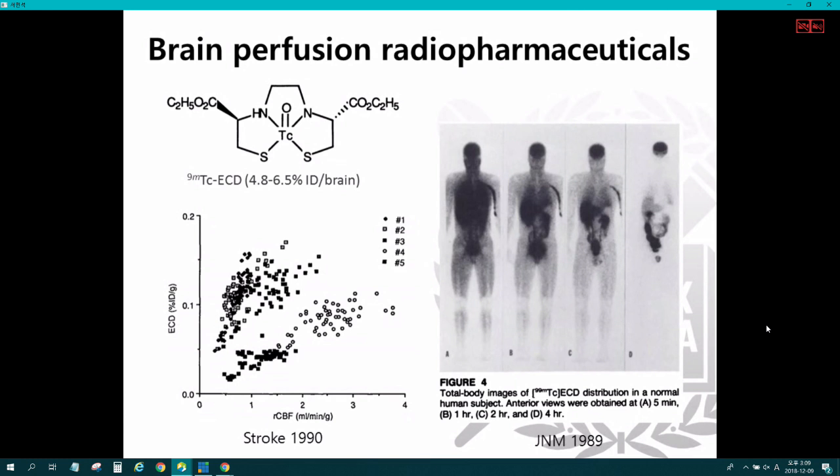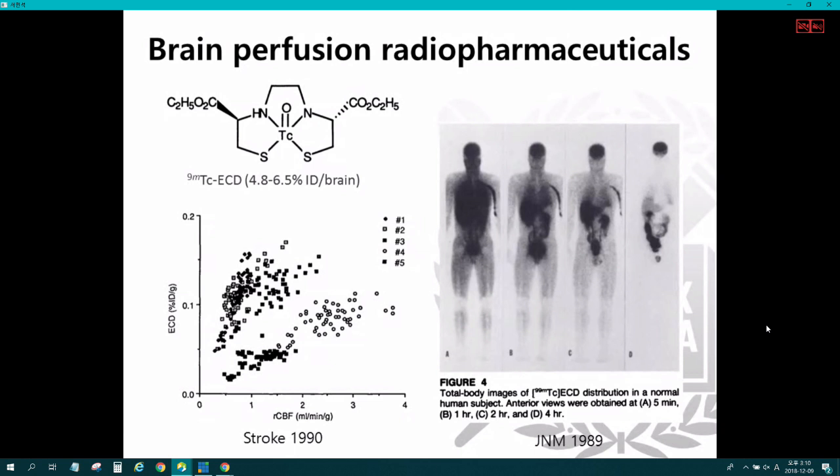Please be reminded that this is the ECD whole body image. Have you seen any whole body ECD primary image? It's in the literature. So only 5% is taken up here. Why? Because of the physiology. Of the cardiac output, how many percent of blood flow is reaching here? We can calculate. I made the slide. And all the others are here. And finally here, just in the intestine.